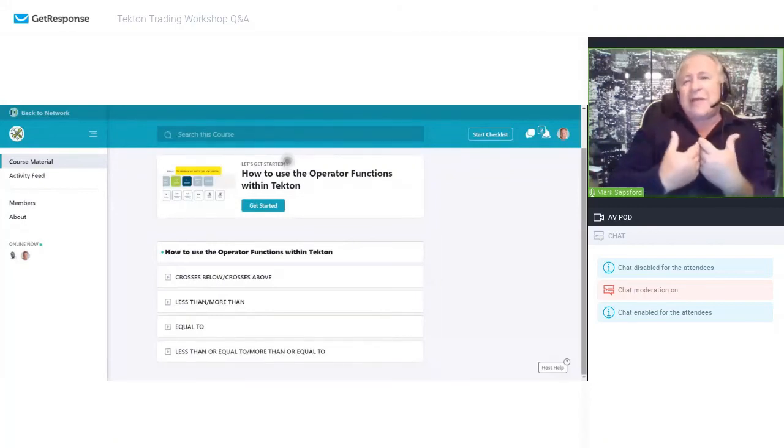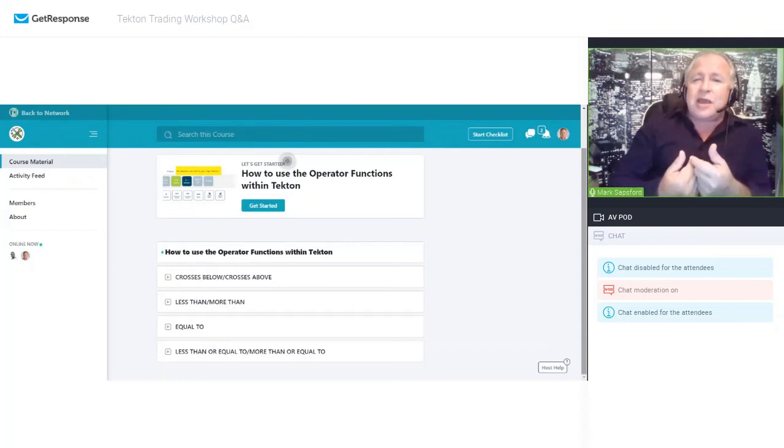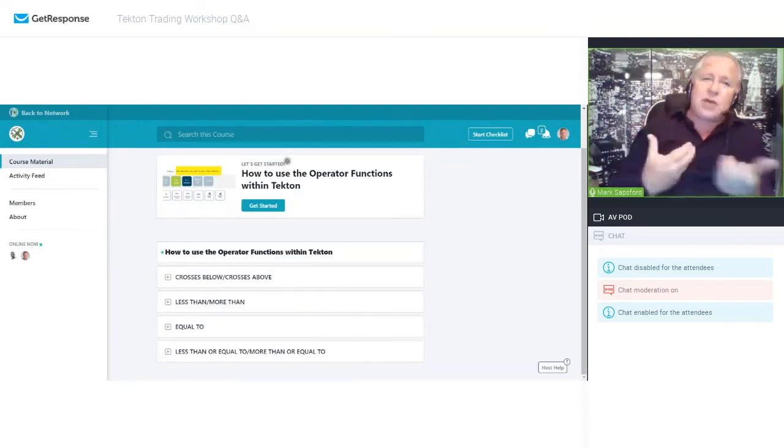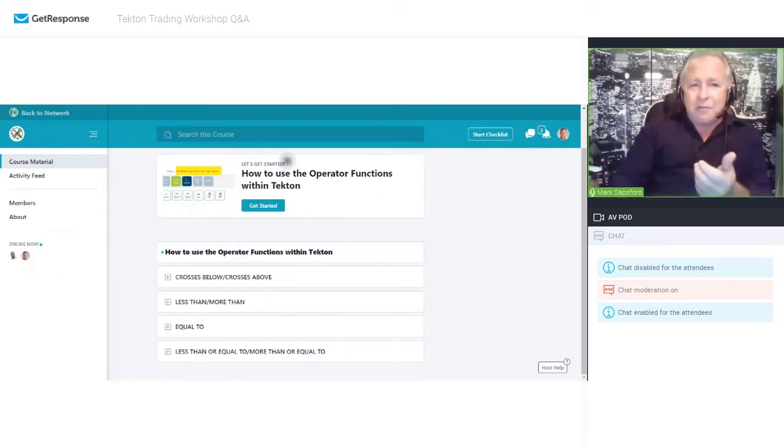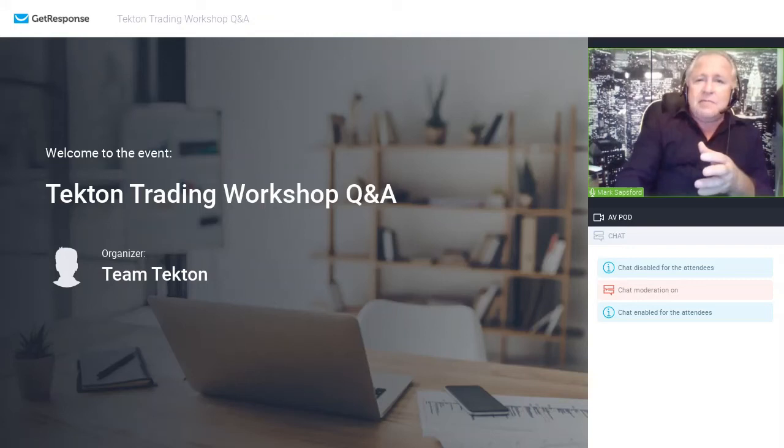An experienced trader contacted me at the end of last week and asked if I could create an algo based on a scenario in the marketplace, and I used the operator functions to do that for them. That was great because they came back and said, oh, it works. They weren't quite sure how to write the algorithm, but we were able to help them. I was able to help them personally once I got the details of what they wanted. So let's go back to the workshop.